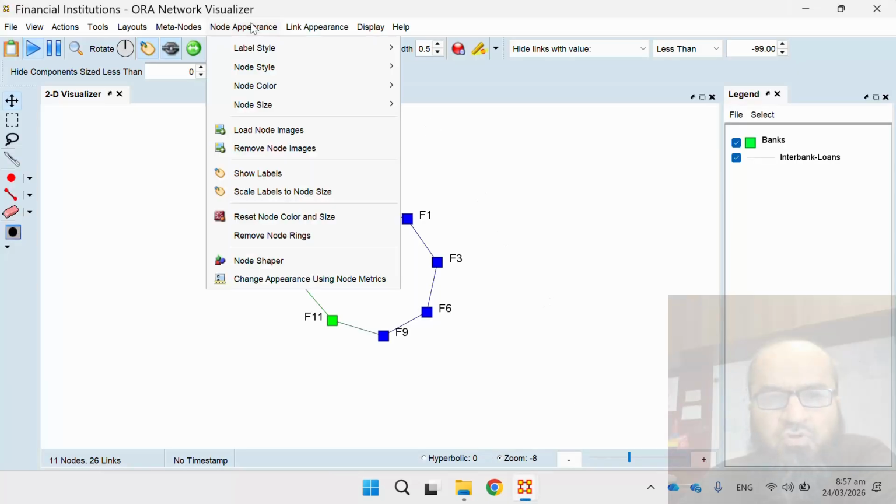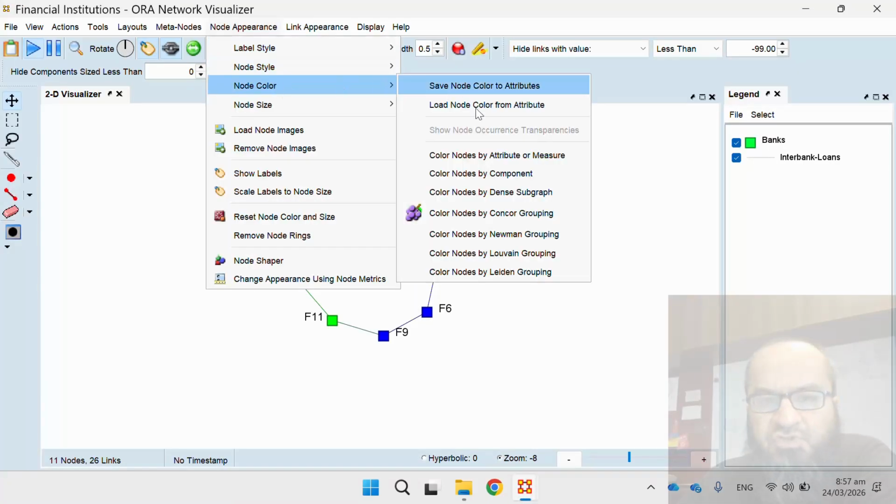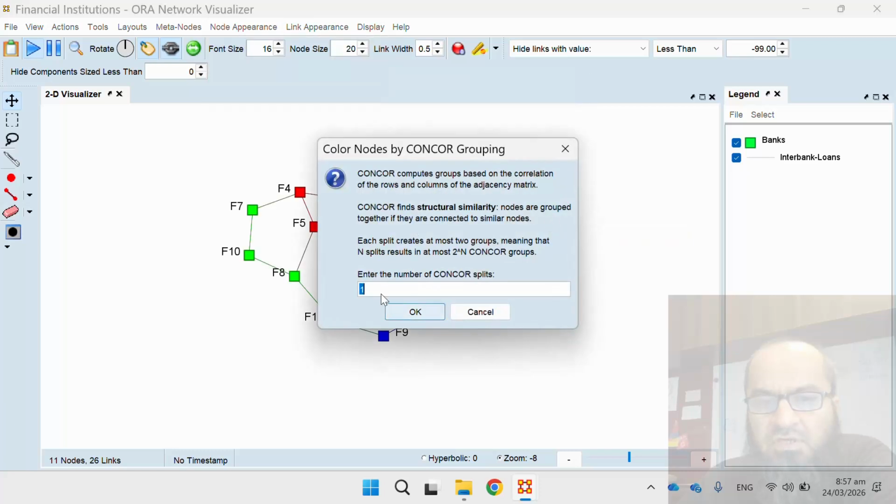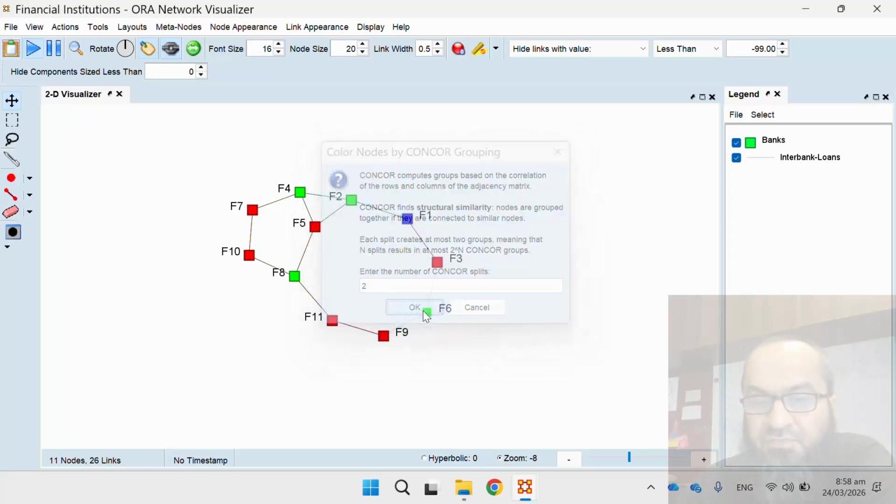Now I want to color by Concor grouping. So Concor grouping, and I want to keep the split 1, it means 2 groups. I can keep the split at 2, it means 4 groups, maximum 4 groups. So the system will first split the network in 2 based on the concurrent correlation, and with each of those two sets of nodes, the system will further split it in 2 and see if a significant group exists. So a maximum of 4 subgroups can emerge. So you see